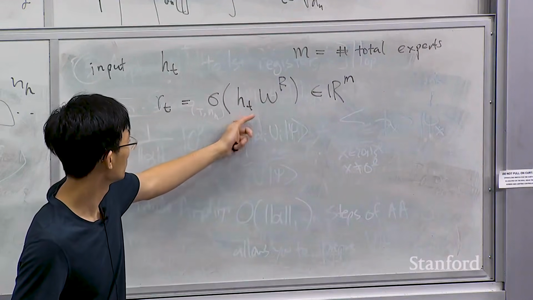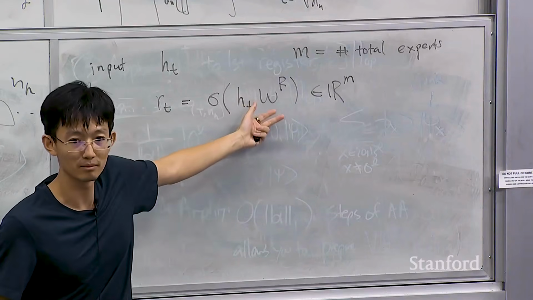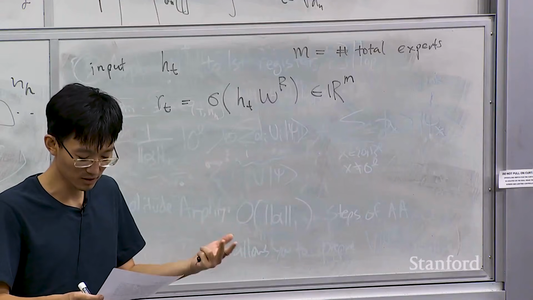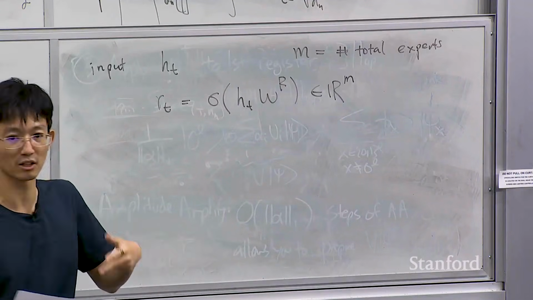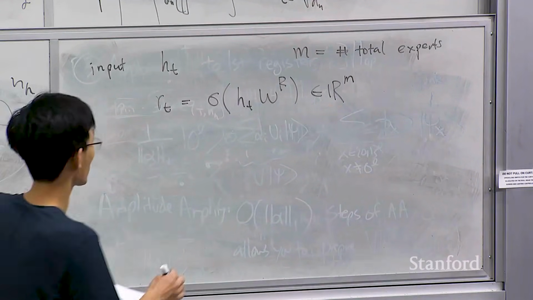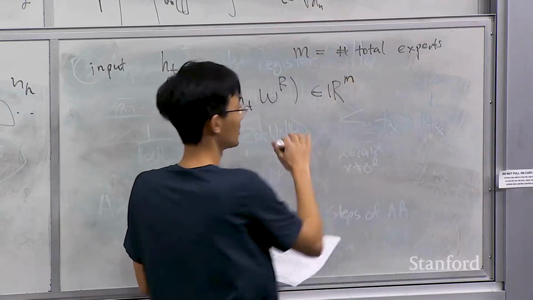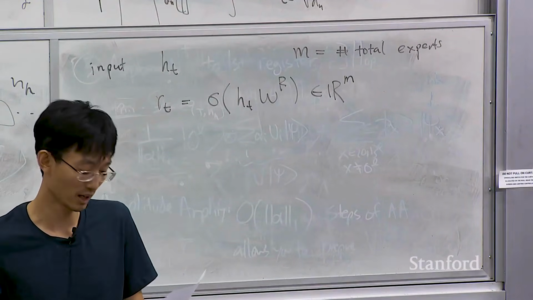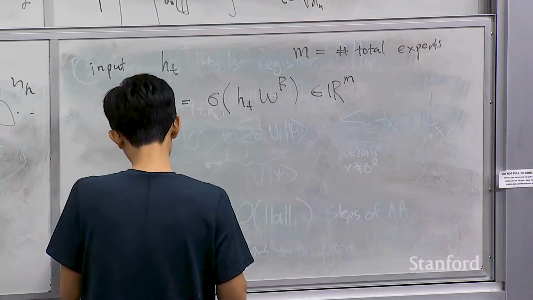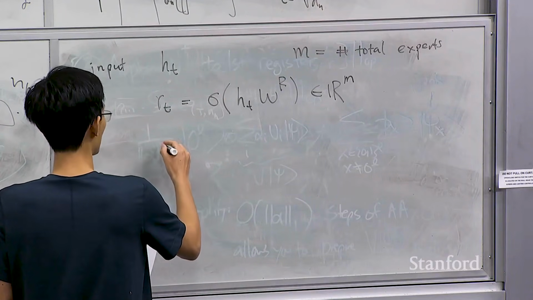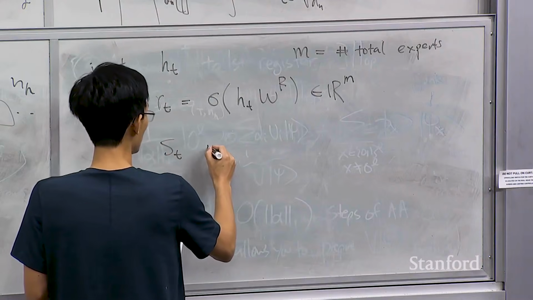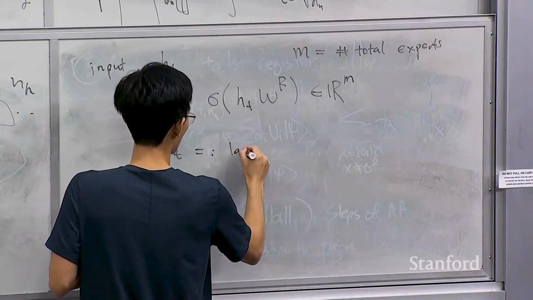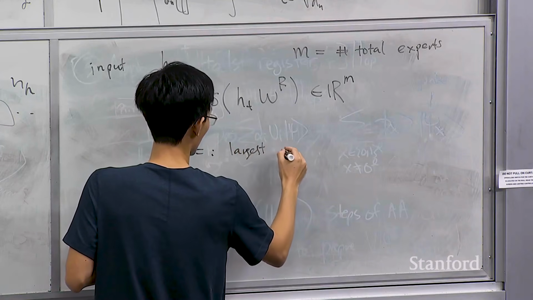So you project your inputs to some m-dimensional vector, and you apply some sigma, which can be softmax or sigmoid or something like that, so that you get an m-dimensional vector, which is the relative importance between all the m choices of experts. Then often you choose a subset, right? You choose S_t to be the largest indices